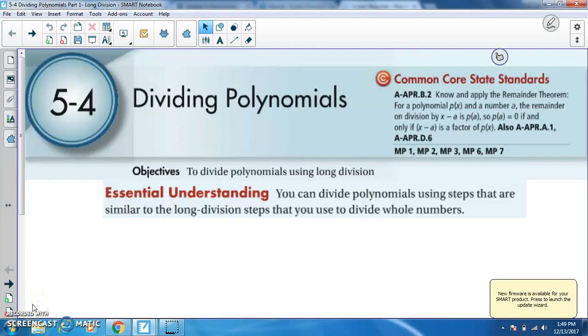Hey guys, today we're going to do 5-4 dividing polynomials. Objective is to divide polynomials using long division. The essential understanding: you can divide polynomials using steps that are similar to long division steps that we would use